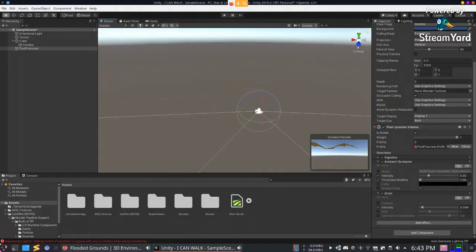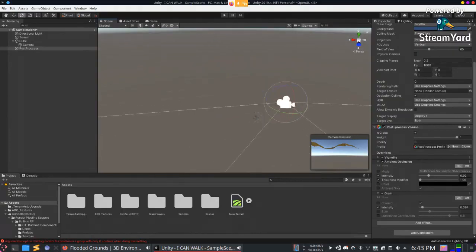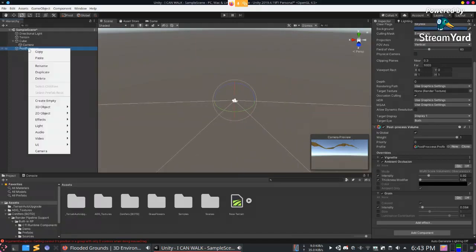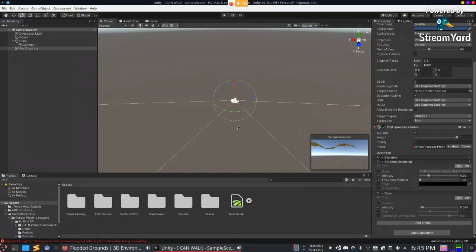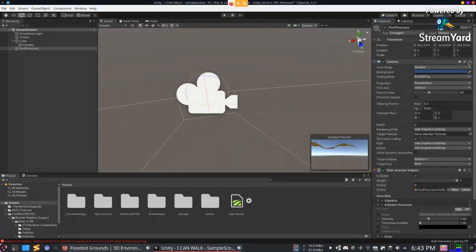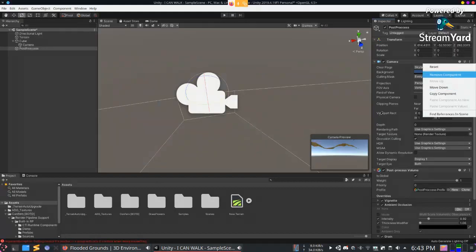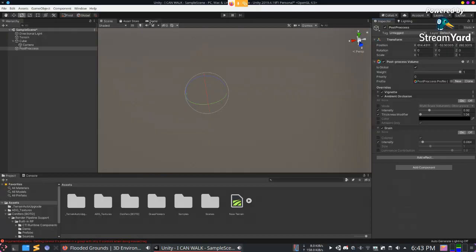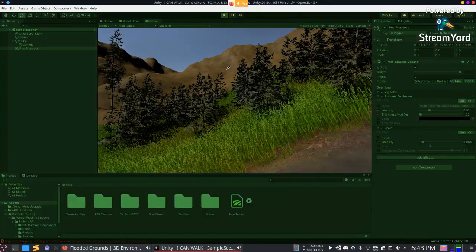It seems like you have added a camera component to the post processing object. Just remove the component. I guess it should give it below it. But let me see if I can just remove the camera. You can remove the camera from the inspector. Okay, yeah, it's in the inspector. Okay, now.